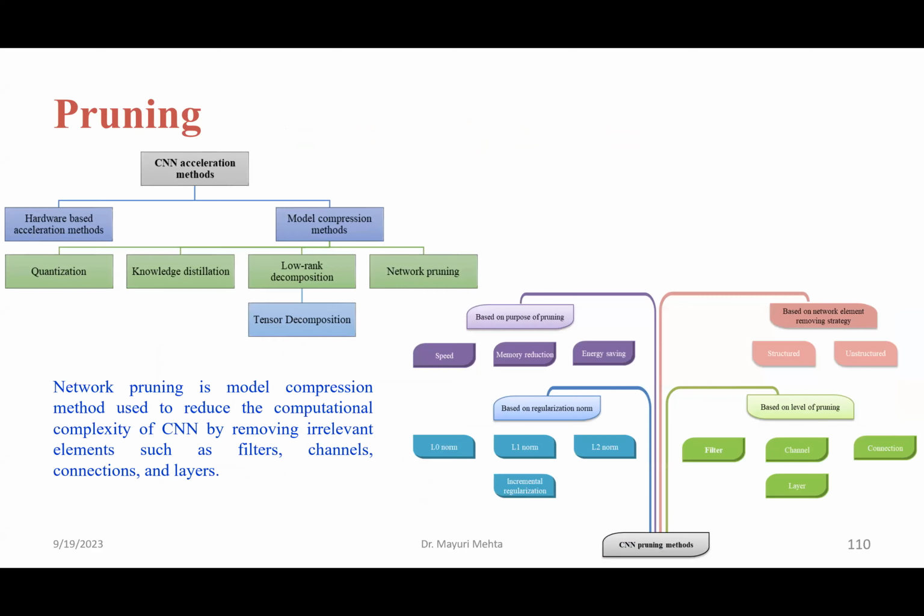Okay, and next is pruning. Now this is a very huge topic, pruning. For years, researchers have been working on pruning, on how pruning can be used to accelerate the performance of neural networks. Okay. And for your information, here I have included this,